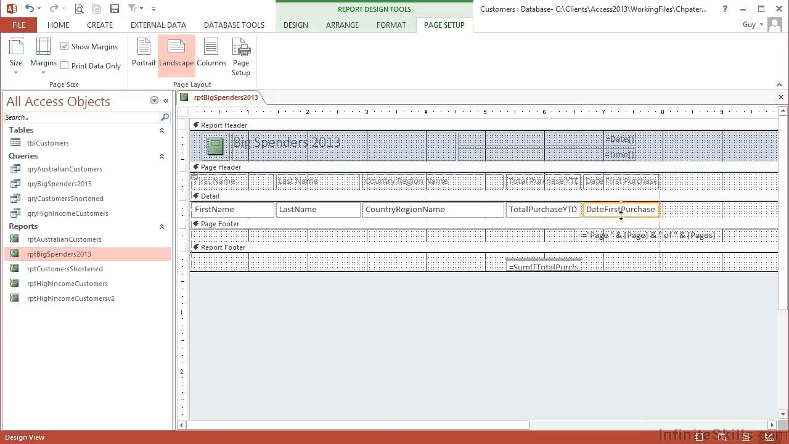These are the fields that are being used on the report. Then in the page footer, we have a special little field here that the wizard has created for us. That's the page X of Y. And then in the report footer, which appears once and only once at the end of all the data, regardless